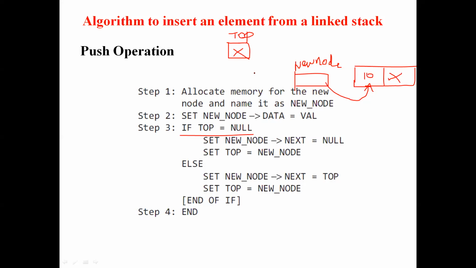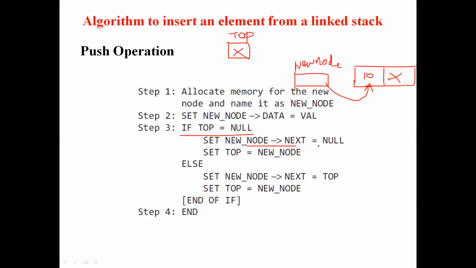Because at the start of the program, you will be declaring all the variables, including the pointer variable. When you are declaring the pointer variable, you will assign some value, right? Then and there itself, I will assign null as a value to the top pointer variable. So if it is null, what I'm doing? Here they are doing top equal null.